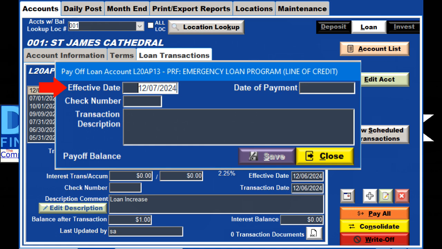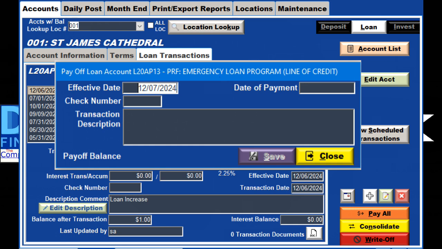Use the Tab key to move to the next field called Date of the Payment. The date in the effective date will automatically be filled in if it was blank. The date that you enter can be used for any purposes and has no effect on the transaction. Some use it for the postmark of the request, others for the date that it arrived or the date it